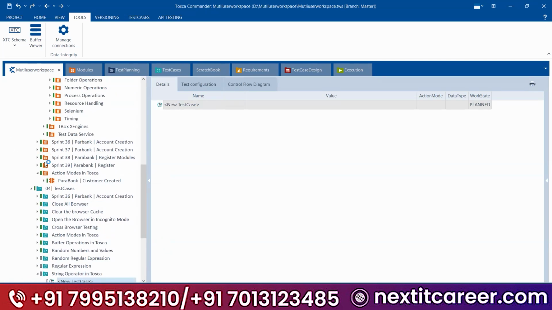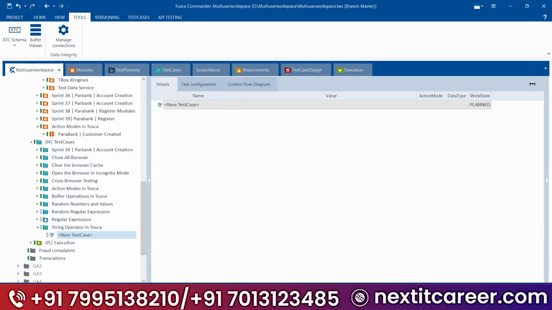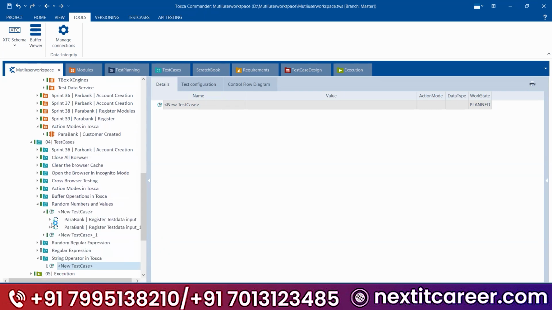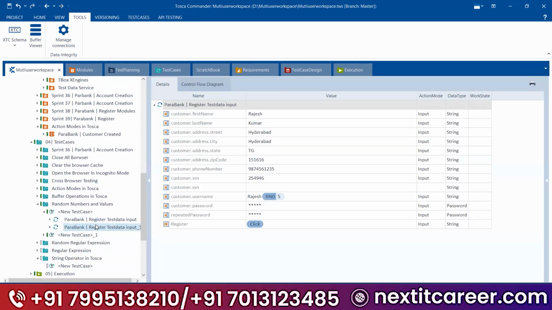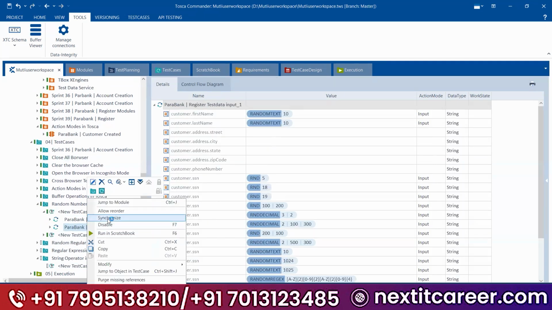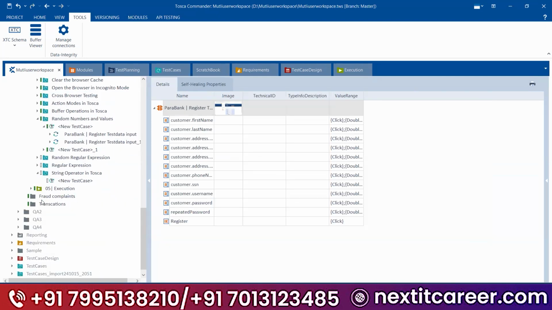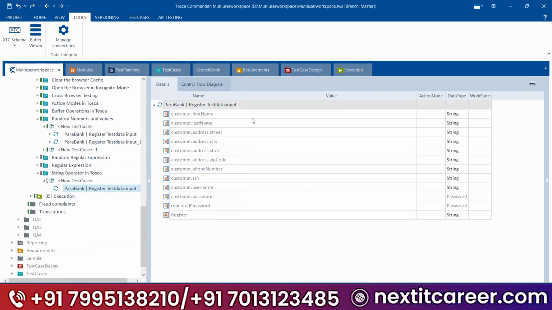Okay, so now I will take a random regular expression or test case. I will take this module. Concentrate here, guys.